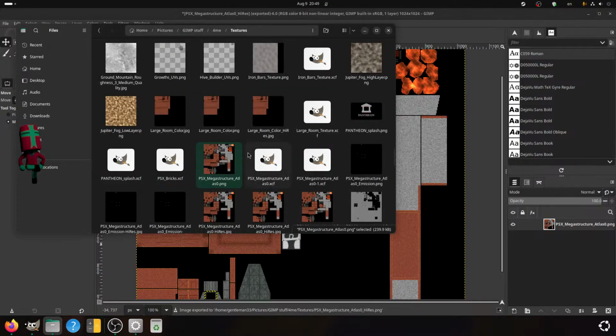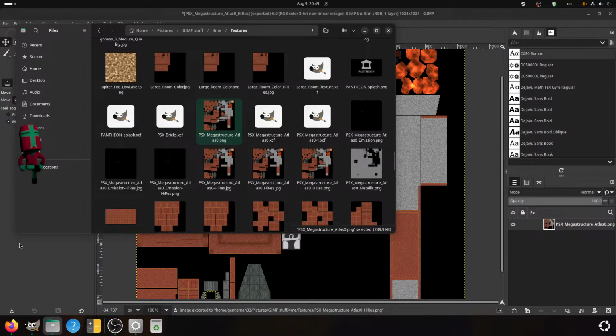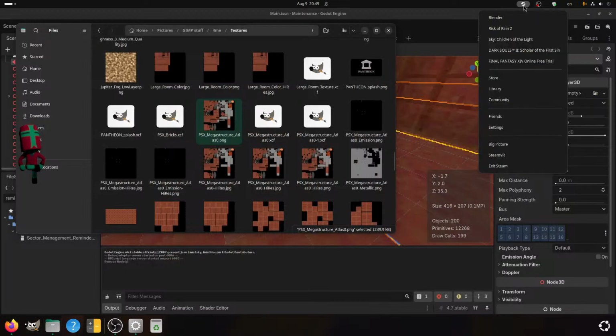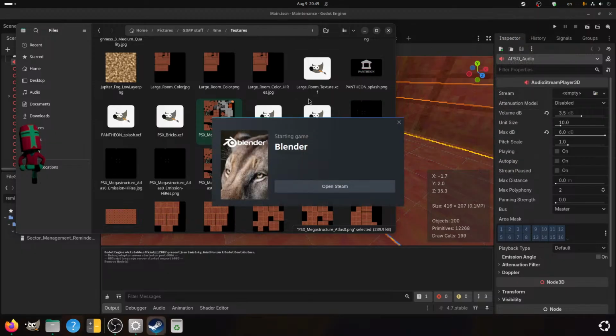Which was hopefully all correct. Okay. Discard changes, open Blender.